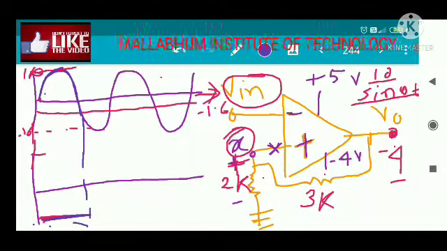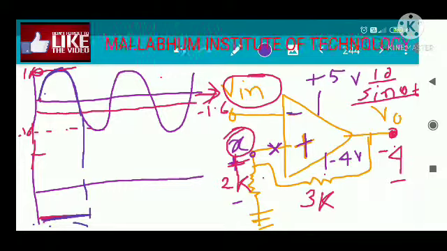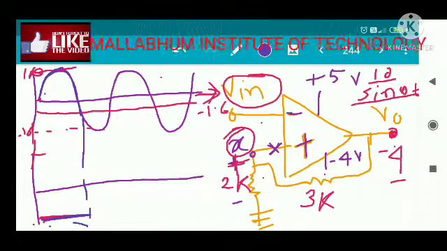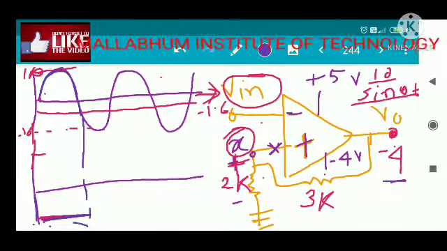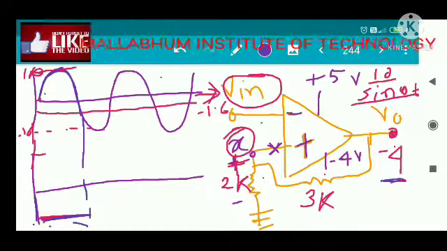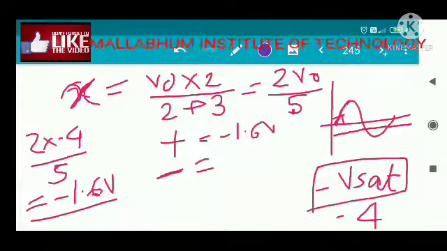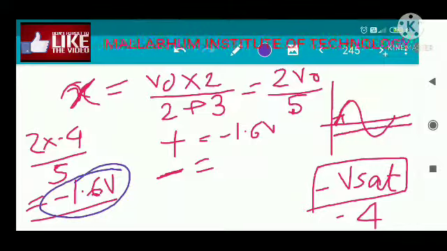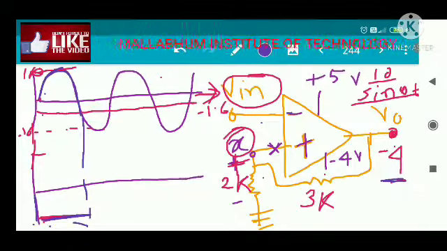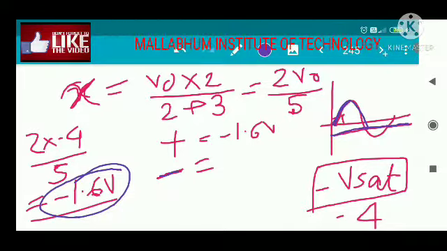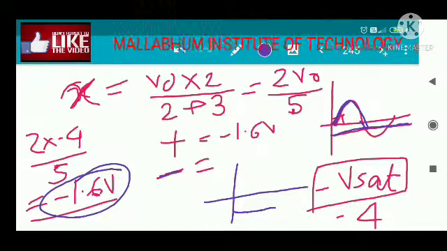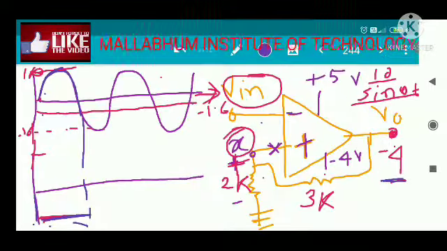Hope you understand this. First I am again repeating this. Initially we have considered x equal to 0. So as x equal to 0, output voltage is going to minus 4. This is the initial case. After that, output is minus 4, your x will switch back to minus 1.6. So this is the reference point, minus 1.6. So as long as your input, meaning the negative terminal voltage, is higher than this minus 1.6, then your output will be at minus 4. What happens after it crosses the minus 1.6 level,